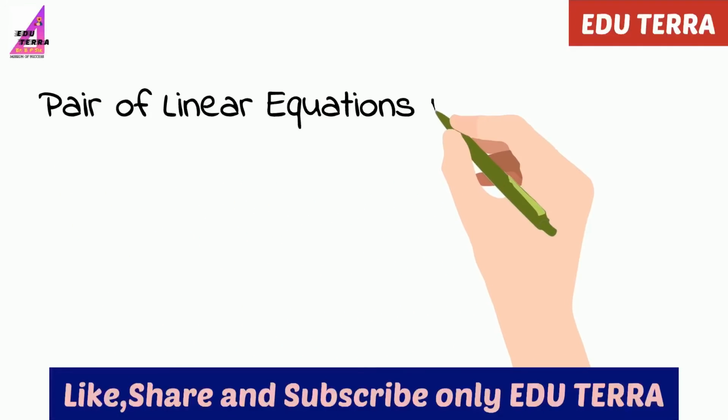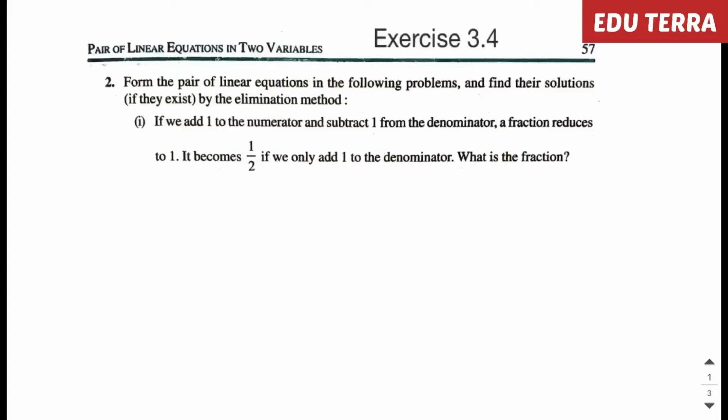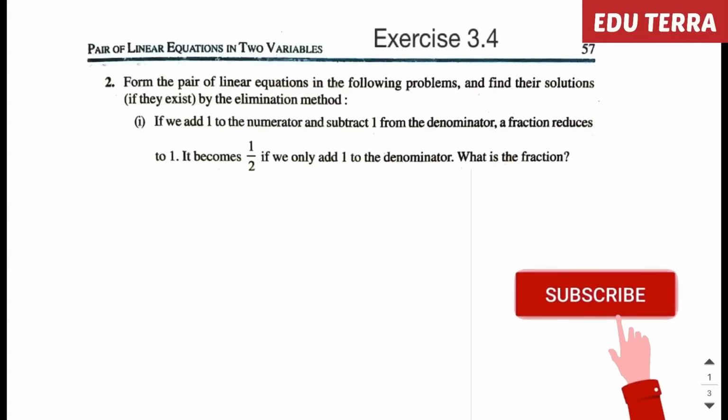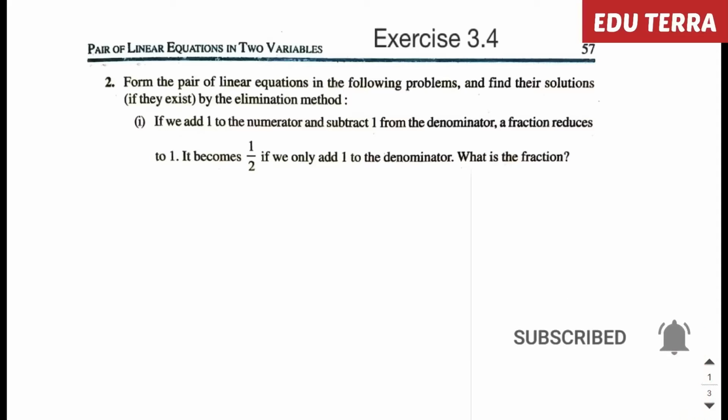Pair of linear equations in two variables. Exercise 3.4 word problems. Exercise 3.4, question number 2. Form the pair of linear equations in the following problems and find their solutions if they exist by the elimination